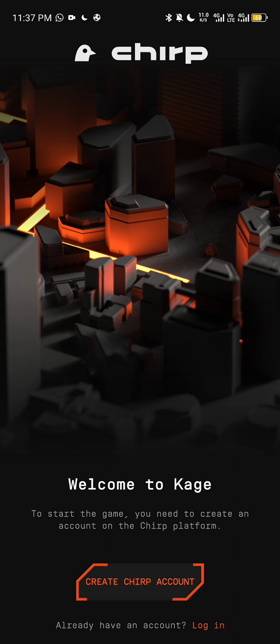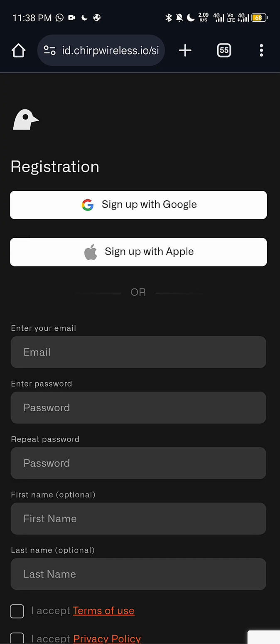actually pops up. So the first thing you're going to want to do is to create a CHIRP account. In order for you to participate in the network, you have to create an account which allows you to track your earnings and track all your activities within the ecosystem. So head over to create CHIRP account. We're going to tap on that, and it makes that noise. When you tap that button, it takes you to a web page where you can